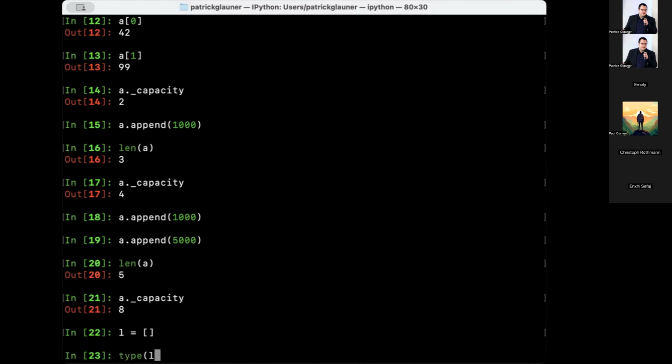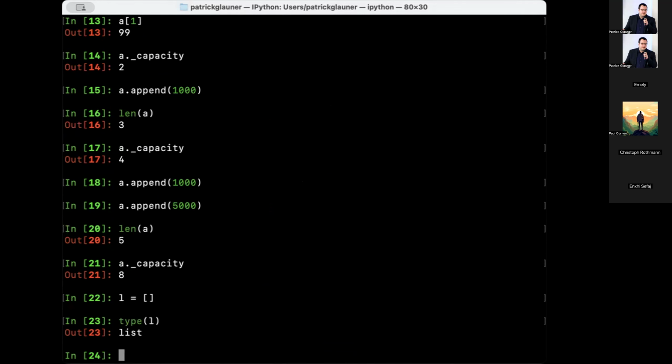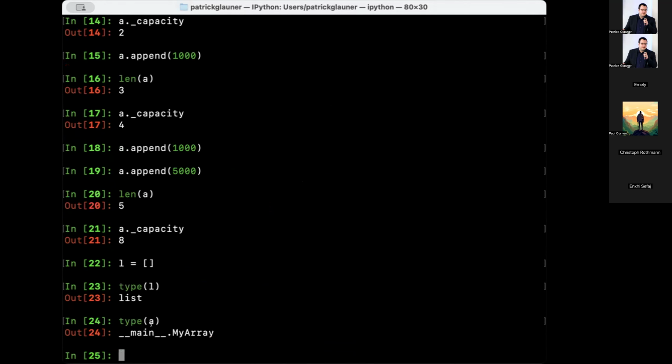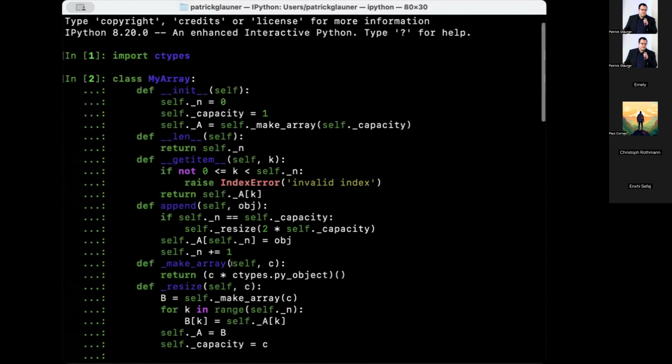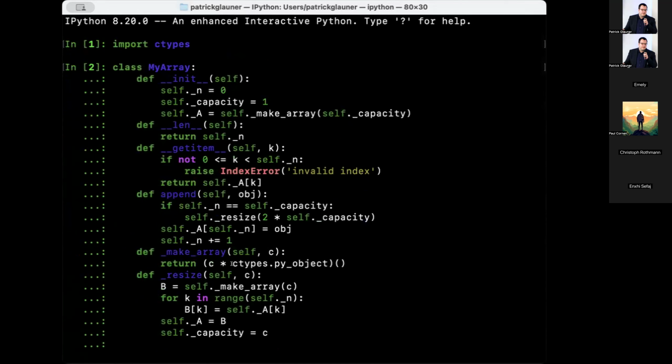The type of our L is a list, and the type of our A is an object of our MyArray that we have just implemented. Obviously, the native list in Python can offer much more features because we can use an index also to amend elements, but this is our beginning of how to build such an array on our own. Now, this is something that works,